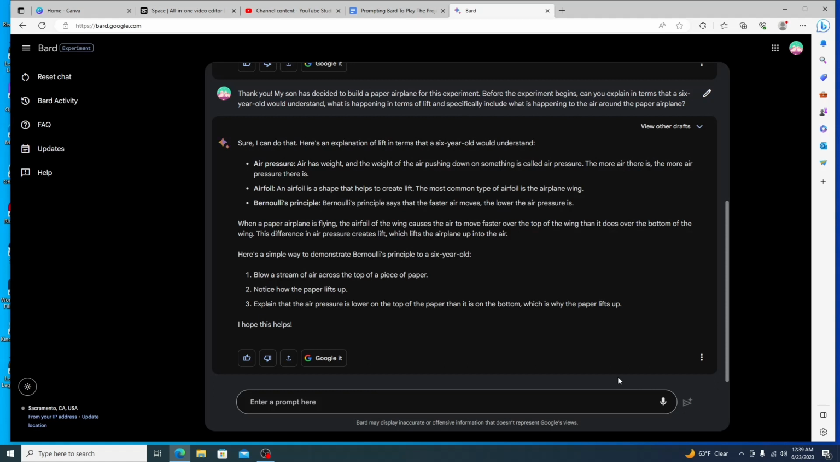And the thing that I like about Bard specifically with this is the amount of creativity that you can take within this game and break it down. So, for example, in this example, we're talking about Bernoulli's principle a lot. So, let's say